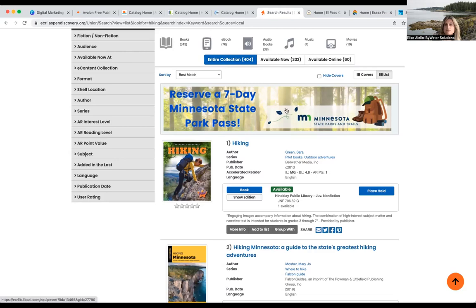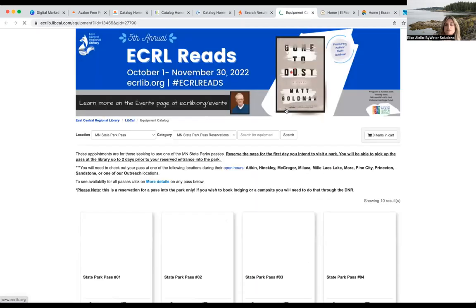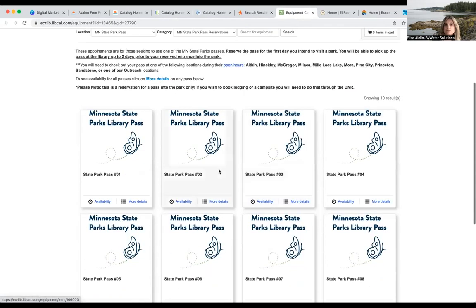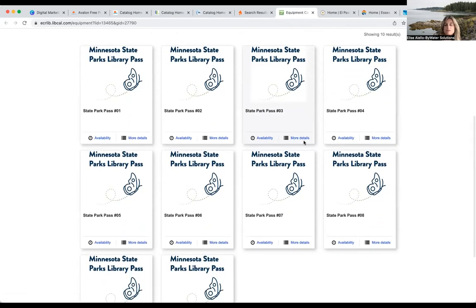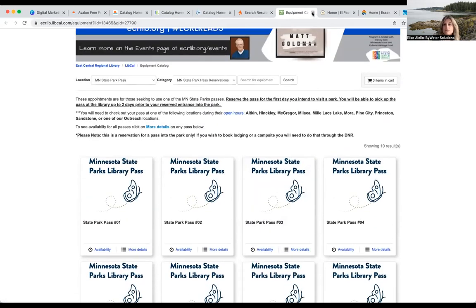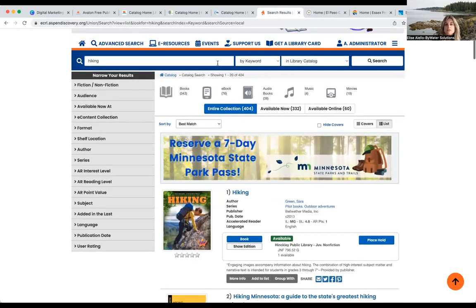And then, of course, you can hyperlink these to take the user out to get more information about this. So if I click on it, it's going to take me out to all the different state passes that I have access to, which I think is just so great. Let's look at some of the other ones that they have set up. So this is highlighting a special collection that they have, but let's see some of the other ones that they've created. So let's search for board books